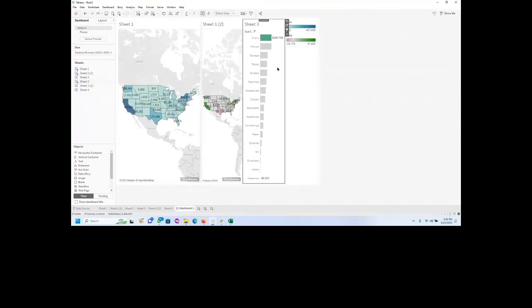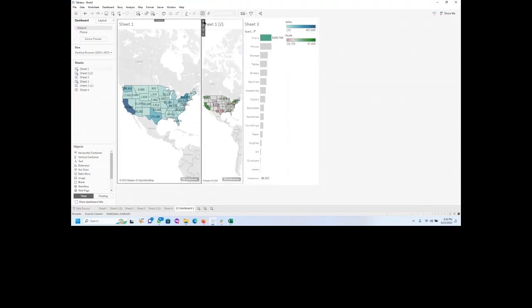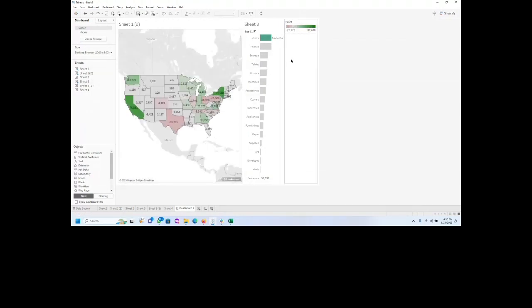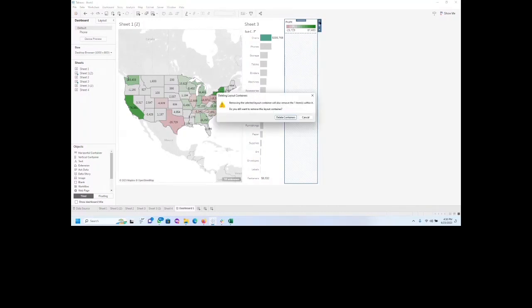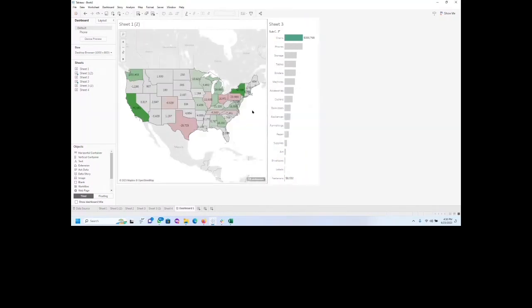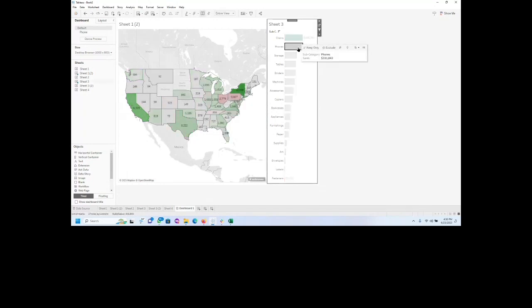What I did here is, let me remove this one because it's still the same thing. So this is the profit, right? Know that this map is for profit. Once you click on phone, you will see in which states they have the highest profit and lowest profit in terms of phone selling, which is New York, and the lowest one is this. You use these two